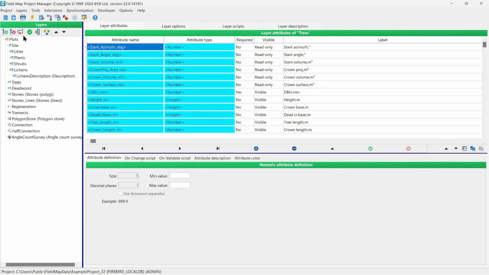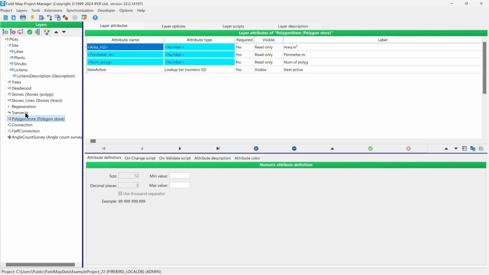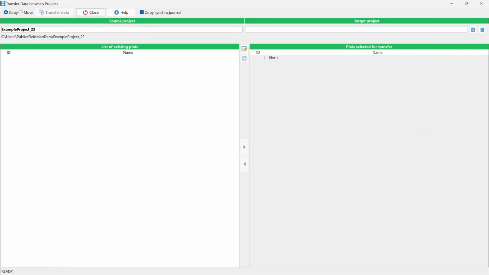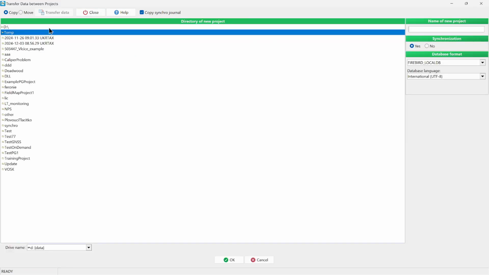Click OK. You see there are some layers, trees, deadwood, also some polygonal layers for polygons and stones and so on. This project is in Firebird, you can see it here, Firebird local database, and we are now the administrator. Using tools and functions, we can transfer data between projects and create a completely new project. Select the path where you will store it. For example, I can store it in the path data and call this project